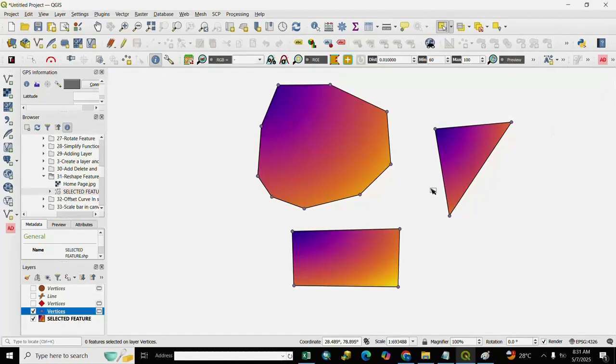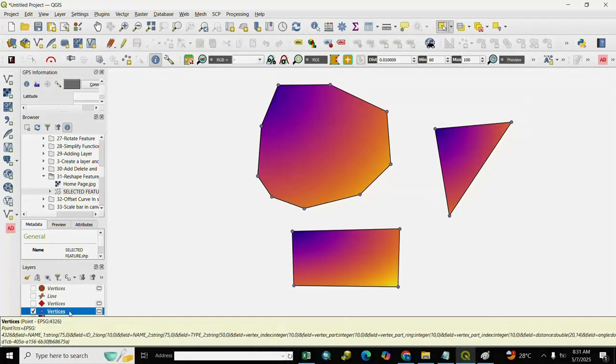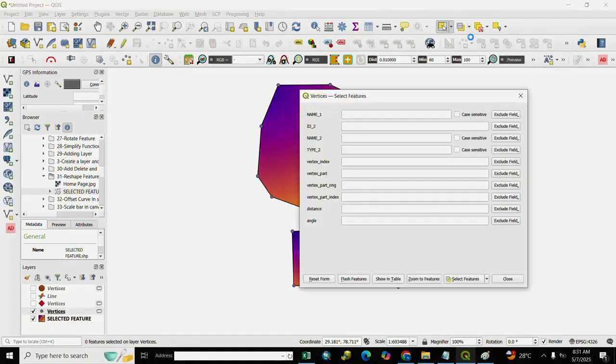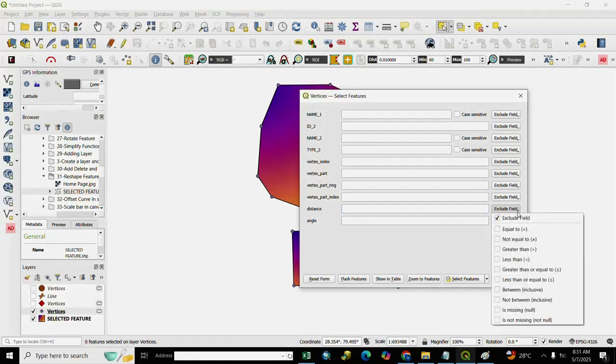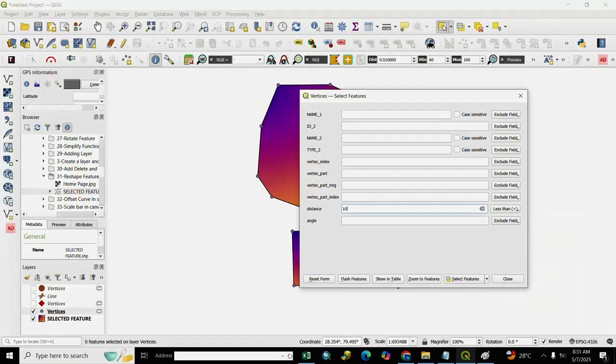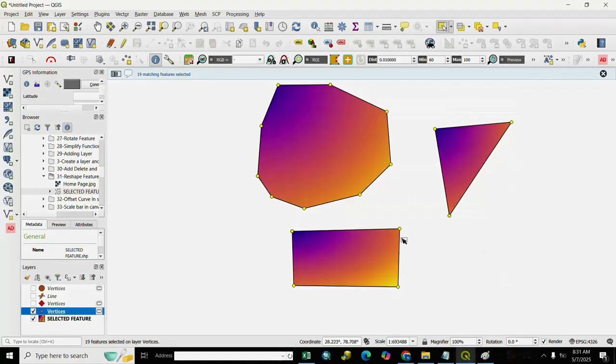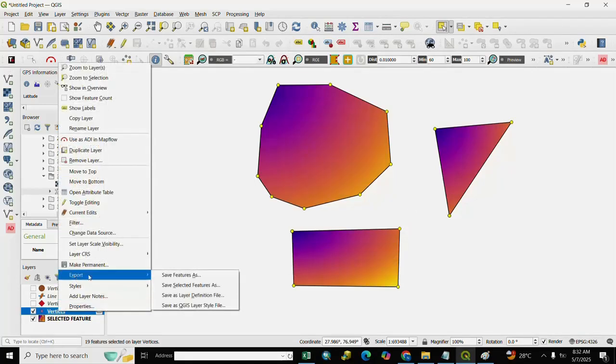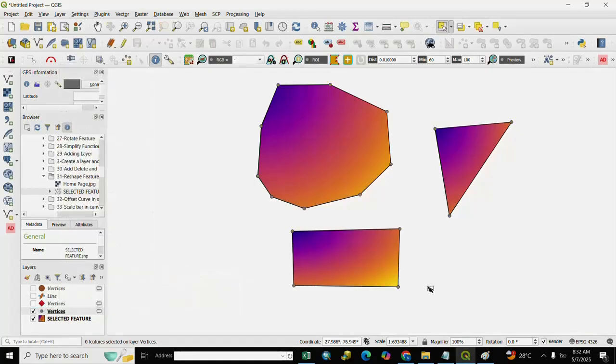For points not within 10 meter distance, we select again query, you go to select by value and select here distance less than 10, and select feature and close. Our point is selected. If you want to export it, we right click and go to export and save as per your choice. So our query is successful for vertex, angle and length.